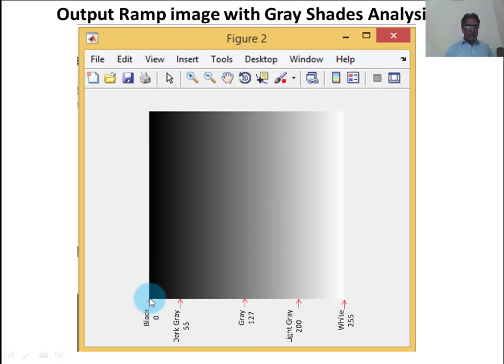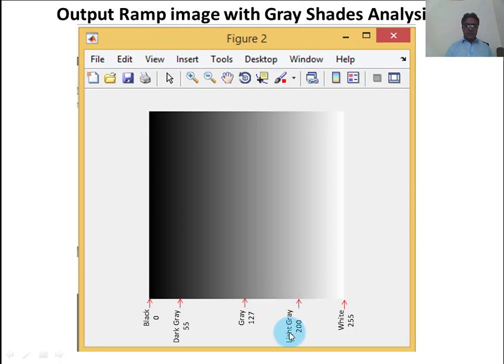But after 0, 1 is the darkest gray, and then dark gray, and then it will become gray. And from 127 to 255, these are the gray shades, and these are called the light gray shades, because when we go from 127 towards 255, the gray shades become lighter and lighter.